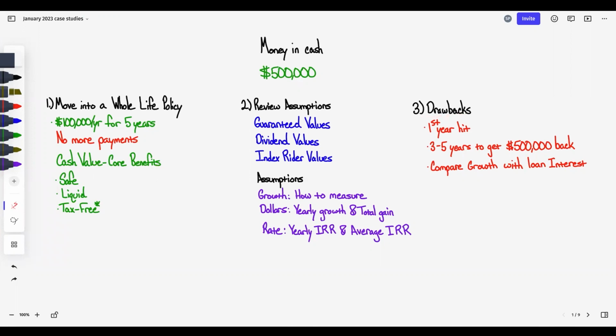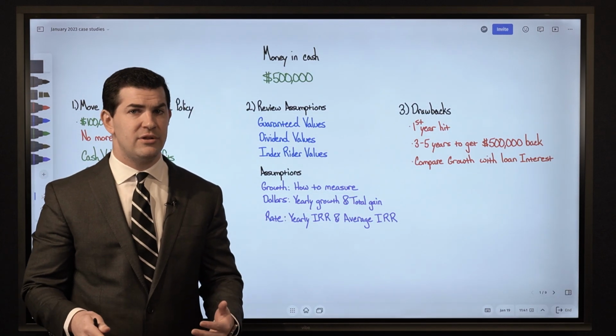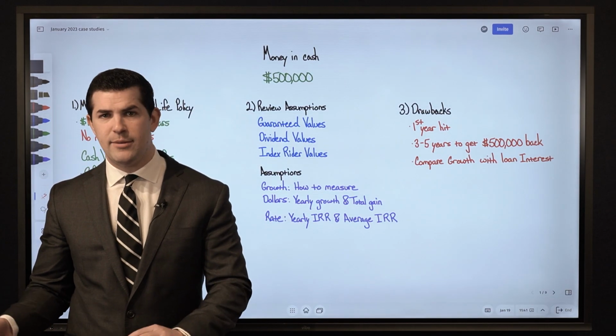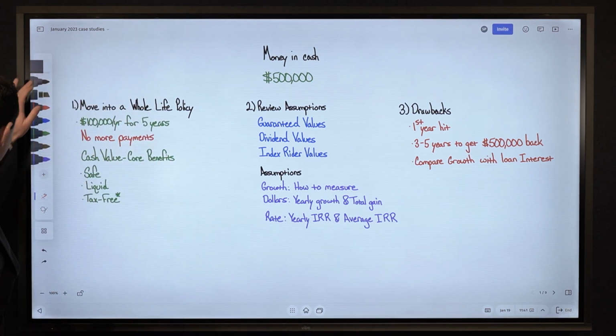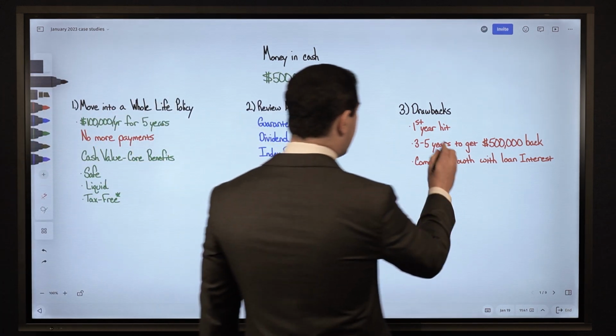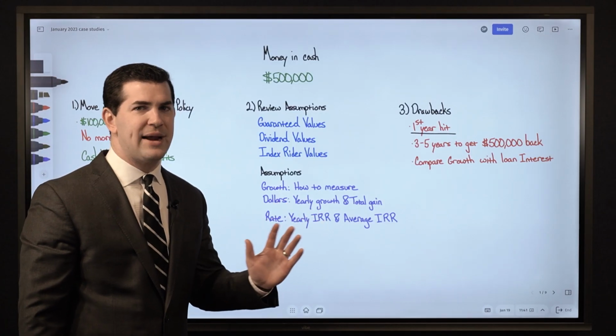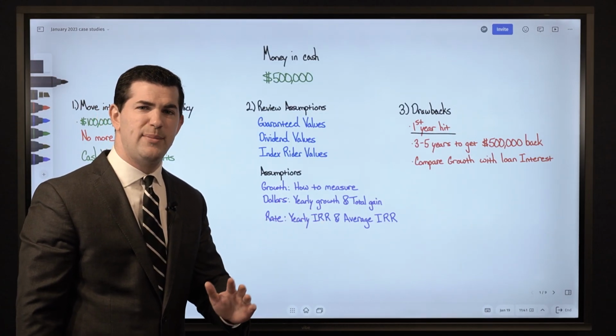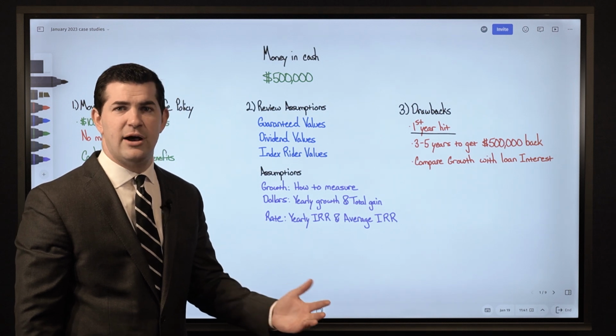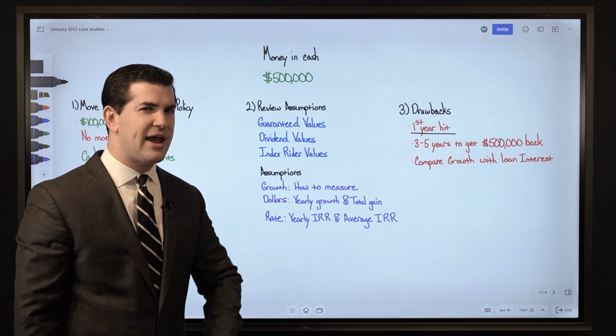What are the drawbacks to whole life insurance, particularly when someone is interested in maximum cash value? Well, here they are, the main items that pop up. Number one, the first year is the worst year because I will have that hit. If we go back to the example we just looked at, that was a policy set up for maximum cash value. We had the premium minimized. He paid in $100,000. What was his cash value?